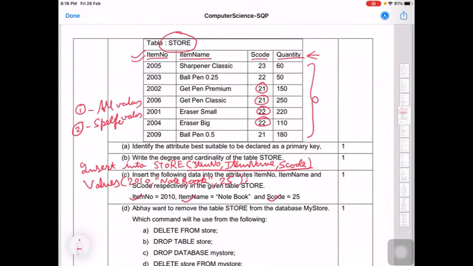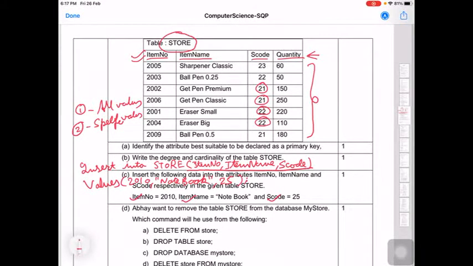Okay, so insert into is the query, store is the table. You must know now where you have to insert. So insert into which table? So store. How many columns, or which are the columns? Then you will write those column names in the parenthesis. If you want to enter all the values, then you should not write the names of the columns. Then in the next line you should write values. Please note, this is values, not value. Okay. Then in brackets you must write the values as they are provided to you. Clear?